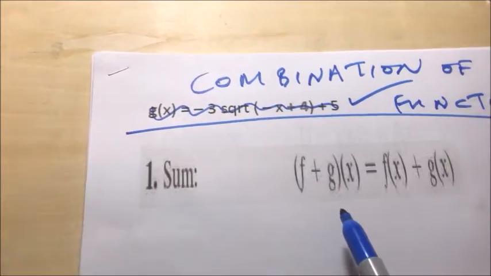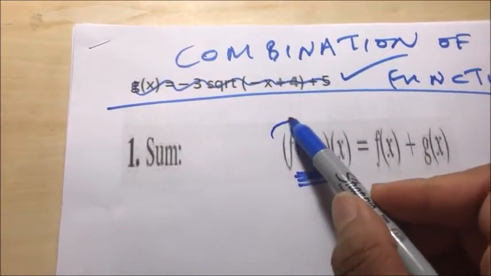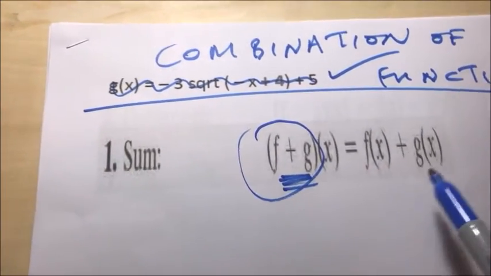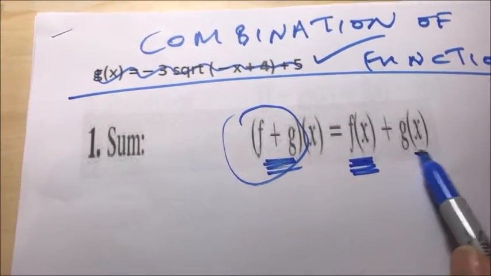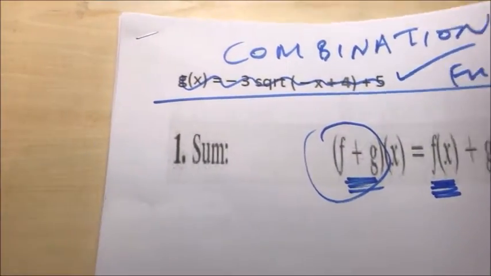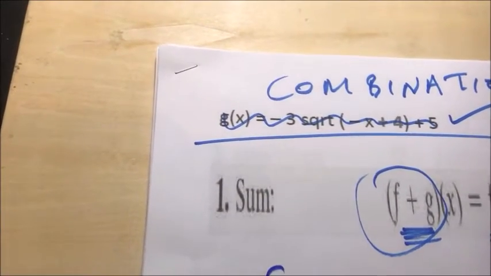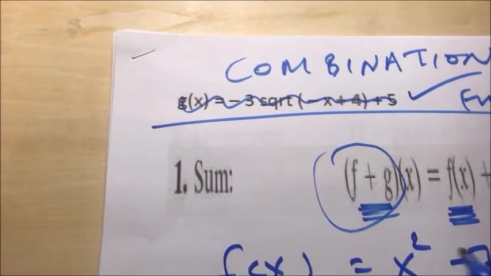So if you think of the function f plus g of x, this f plus g is a function. This function f plus g of x is the same really as taking the function f of x and adding it to the function g of x, right? That's all. So an example would be if I have f of x is equal to x squared minus 7,